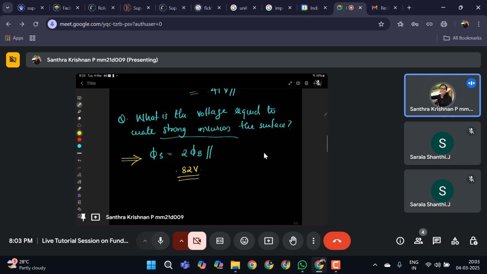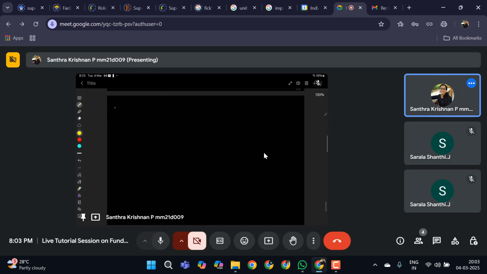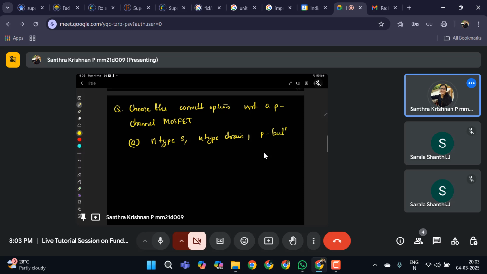So next we'll see the next question. Choose the correct option with respect to a P-channel MOSFET. Option A is it has an N-type source, N-type drain, and P-type bulk. Option B is P-type source,